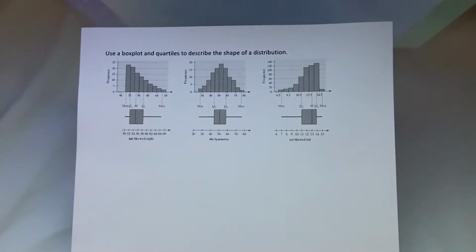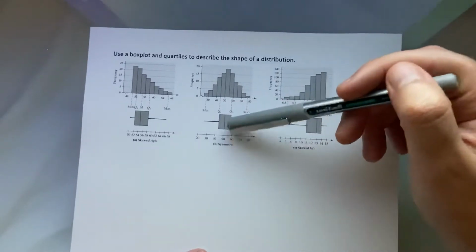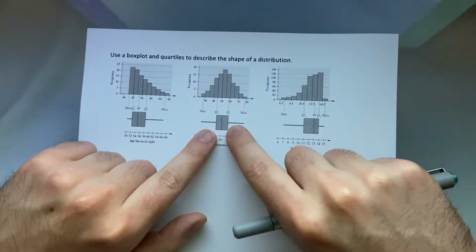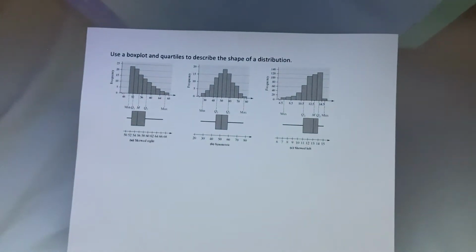Okay, the last part of 3.5. Sometimes it's nice to know what a box plot is going to look like based on the shape of your distribution. So let's start with a symmetric one. If it's a symmetric distribution, it has what looks like a symmetric box plot, and that means the median is roughly in the middle of Q1 and Q3, and the whiskers on both sides are about the same